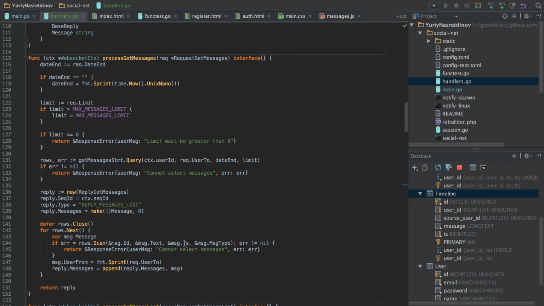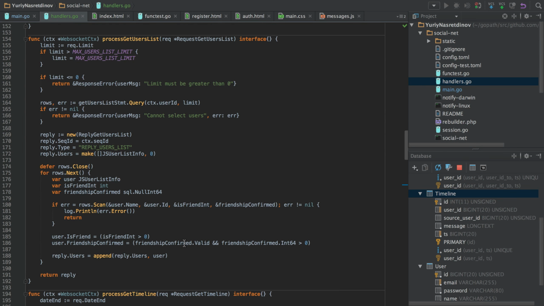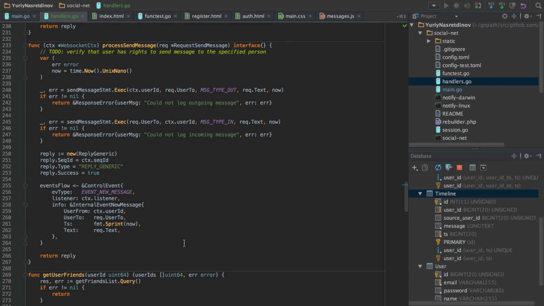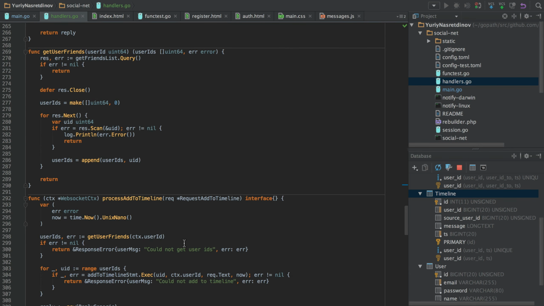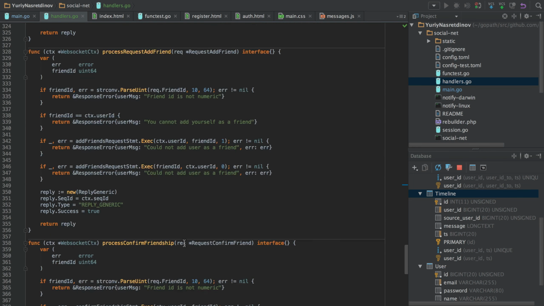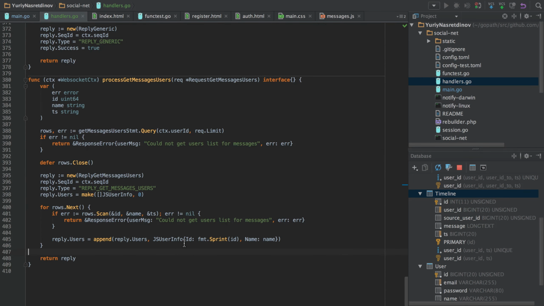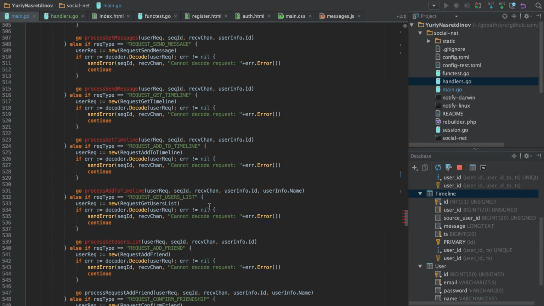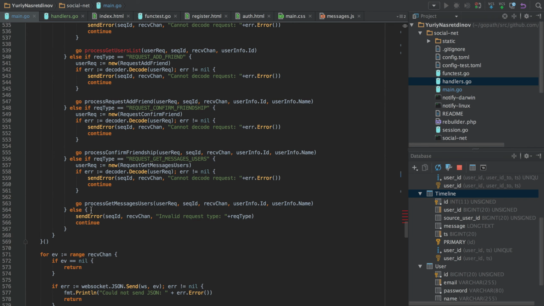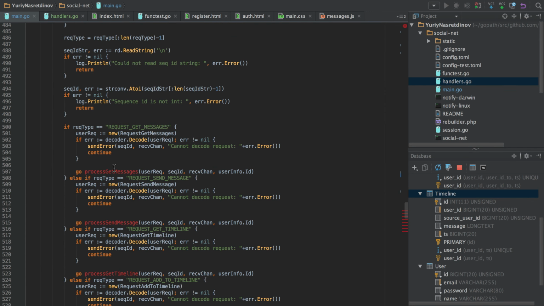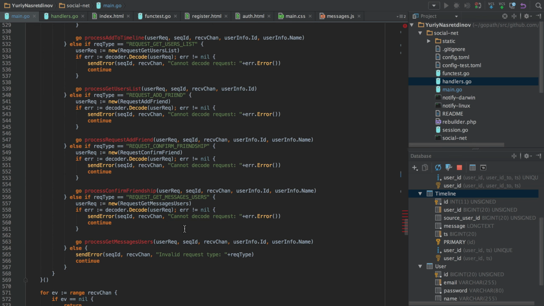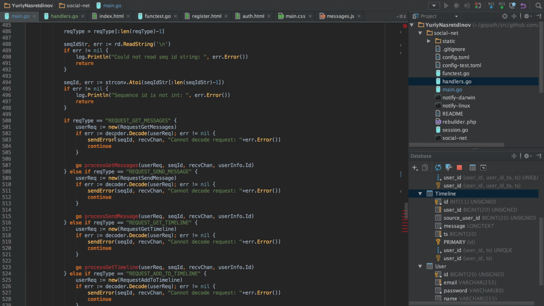So we have our handlers, and now we will need to find a way to call these handlers properly, and for this we will need to use reflection. I'll now talk about how to implement it using reflection and get rid of this copy paste.